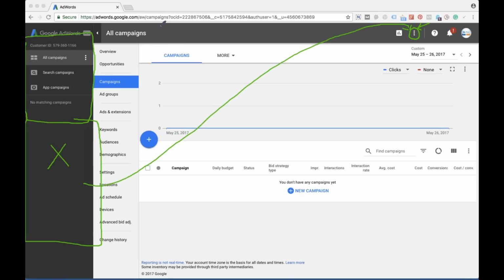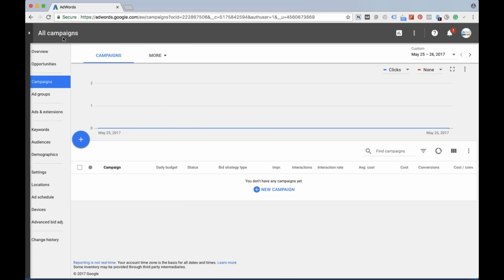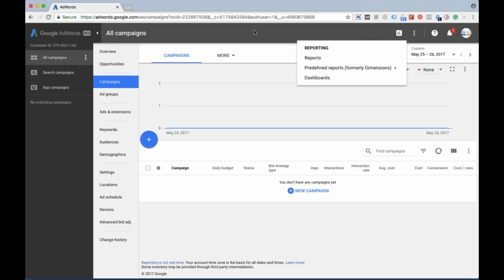And we used to have menus over here. If you remember, we used to have opportunities, campaigns, reports, etc. That has also been moved down. What they have done with this particular version is, if you check out the left hand side, all the information is available there. If you just minimize this, you will go to the all campaigns tab, and if you want to create and search any campaign, all of that data will be available right away from this left side menu. Also here is our reports concept, which was actually a menu in our older version. Now it has given way to a separate reports tab, dashboards, etc.